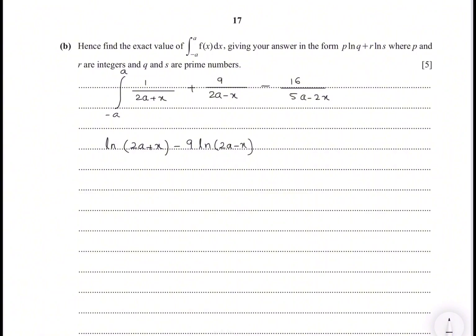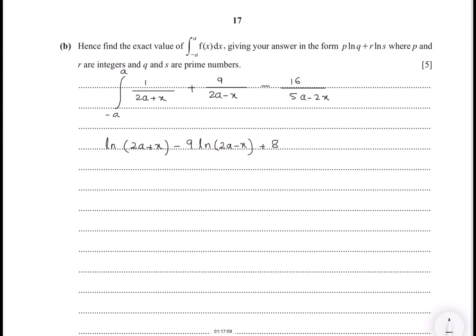In the second part, the differentiation of this denominator is minus 1. So you take 9 at one side, so it becomes 1 over 2a minus x. The differentiation of minus x is minus 1, so you put minus here with 9. Then you can write ln of 2a minus x. So it becomes minus 9 ln of 2a minus x